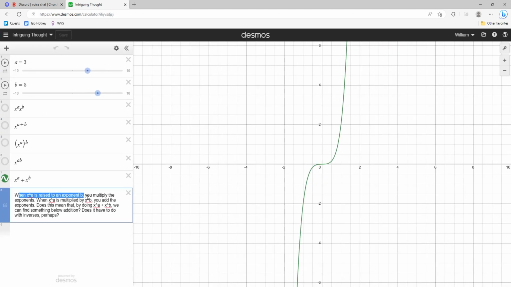When x to the a is raised to exponent b, you multiply the exponents. Yeah. When x to the a is multiplied by x to the b, you add. Yes. Doing x to the a plus x to the b, we can find something below addition. That actually is kind of interesting. But yeah, the thing below addition, if you were to go tetration, exponentiation, multiplication, addition, and then tried to go